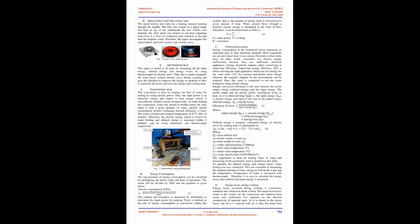The spiral hollow steel tube has a heating element running through the middle. The tube was wound in a spiral shape and kept at the top, underneath the pan. Unlike the iron hot plate, the steel spiral was heated to red heat, imparting more heat in the form of conduction and radiation to the pan than the hot plate could. Therefore, this paper investigates the